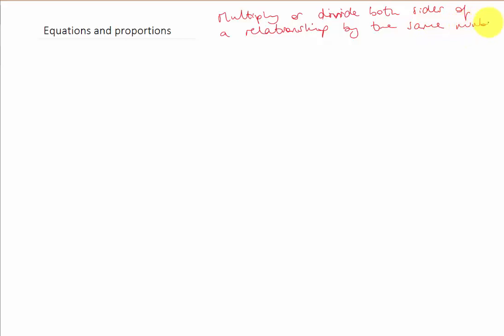And finally, I'd like to talk about another case where you can multiply or divide both sides of, let's say, a relationship by the same number. So let me show you what I mean. So, for example,